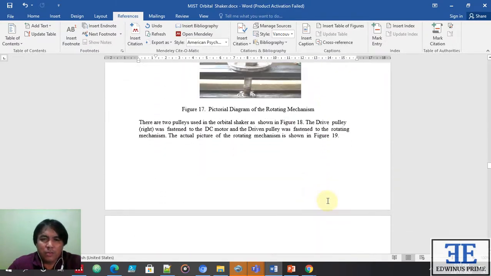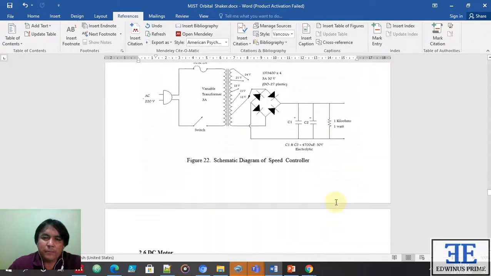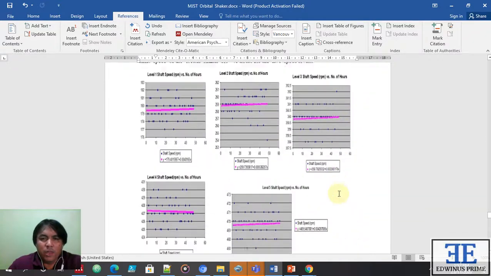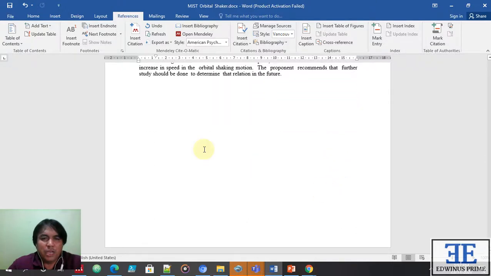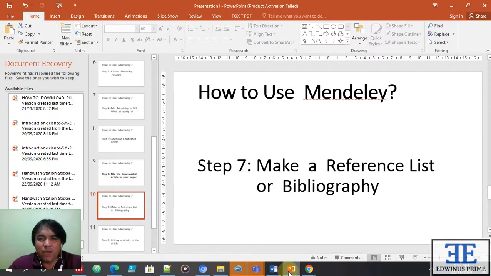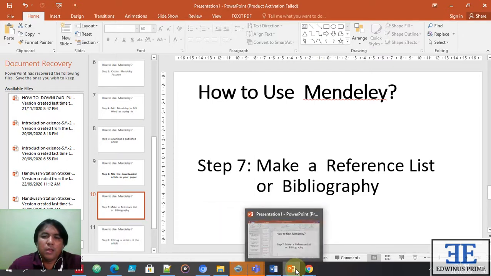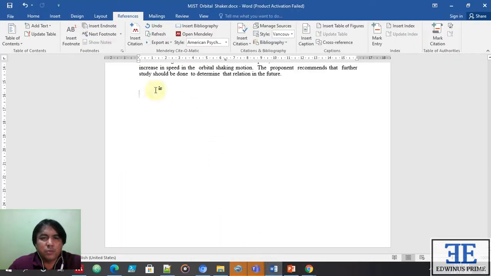So we do that by going to the last part of the manuscript. This is the last part of the manuscript. So step 7 is make a reference or bibliography list. We go to this one, insert bibliography, and